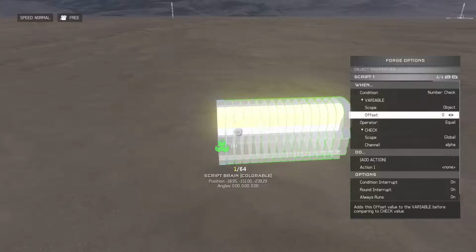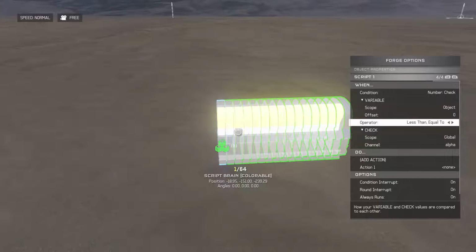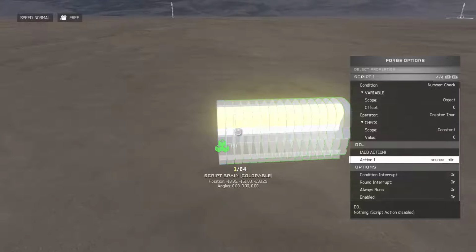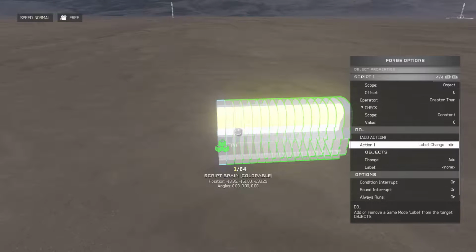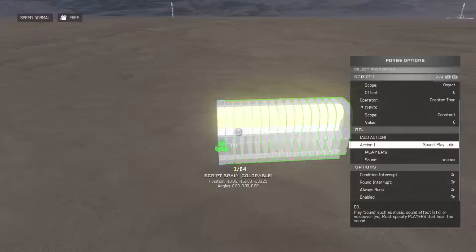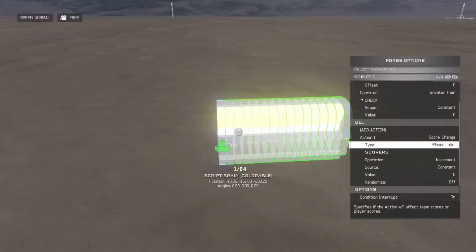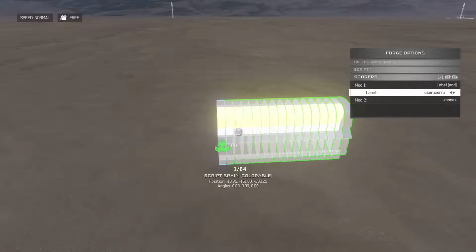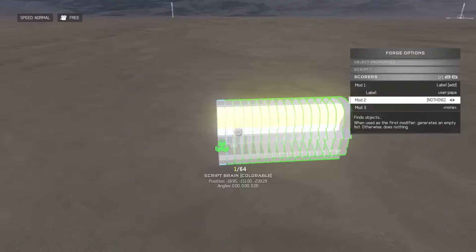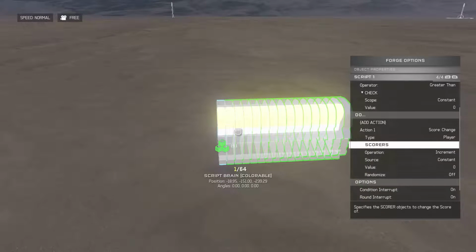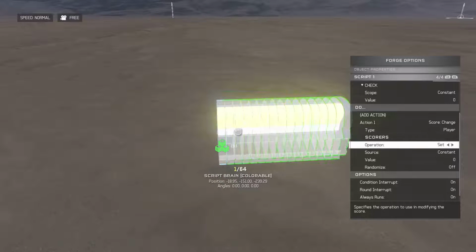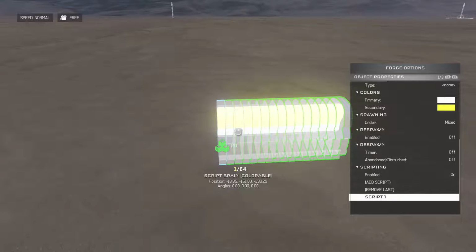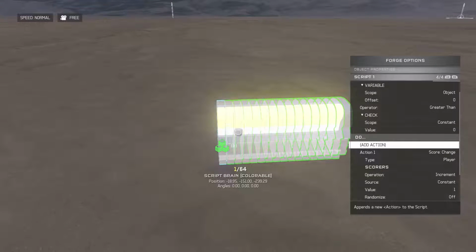So, on number check, if this is greater than 0, then we're going to score this player. Score change, this player, player add. If you're labeled as a player, then you count, so we can use boxes. And this is why we use the player label, so we can use boxes. Each of these 16 objects will have a different order, so each object references a different player, and then we will increment your score by 1. Then we will move your nav point,